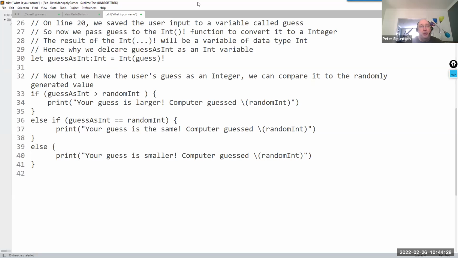So now that we have the user's guess as an integer, we can compare it to the program's randomly generated value. And now we're going to learn another thing about programming, which is basic flow of control. So we've already seen that a program has two kinds of things. It has data and it has instructions. And instructions can be decision-making or loops. So here's an example of simple decision-making, which is we say if the guess from the user is bigger than the computer's guess,